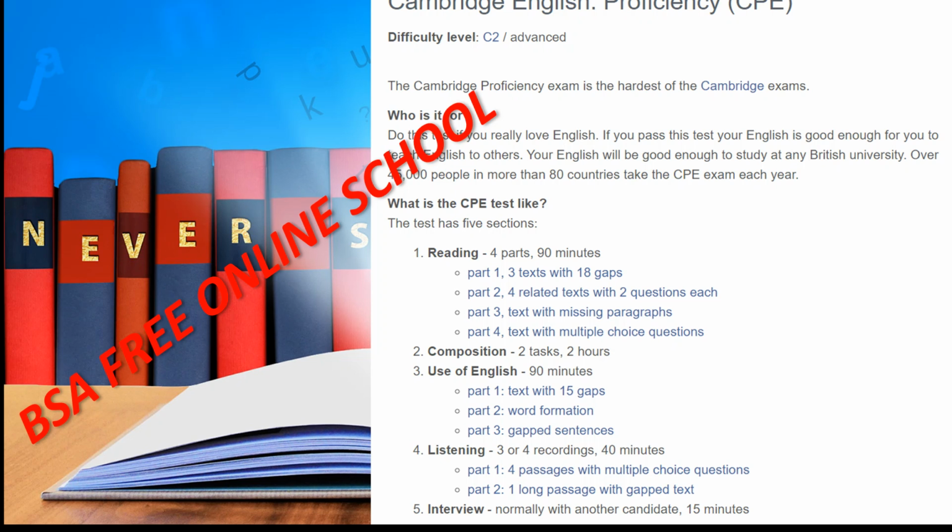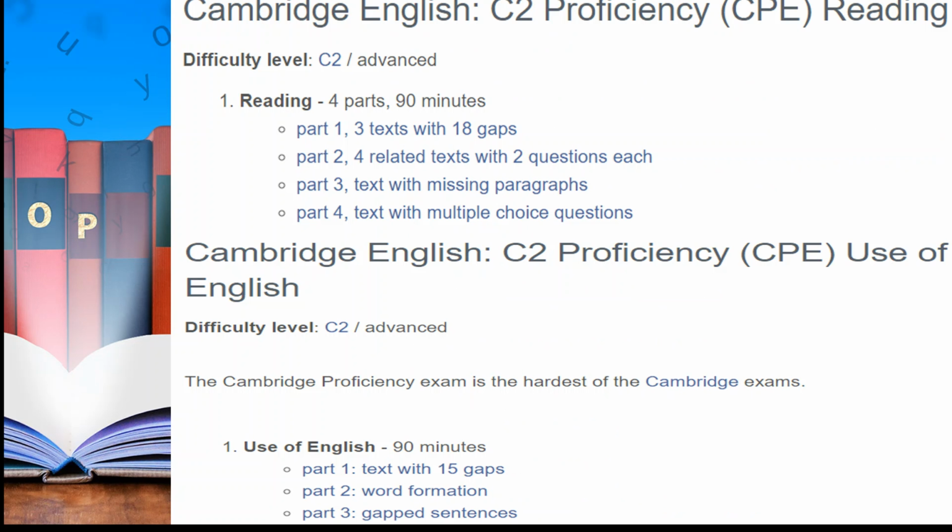The last one is the speaking component, which takes approximately 16 minutes and has 3 parts. The speaking test assesses your ability to communicate effectively in face-to-face situations.